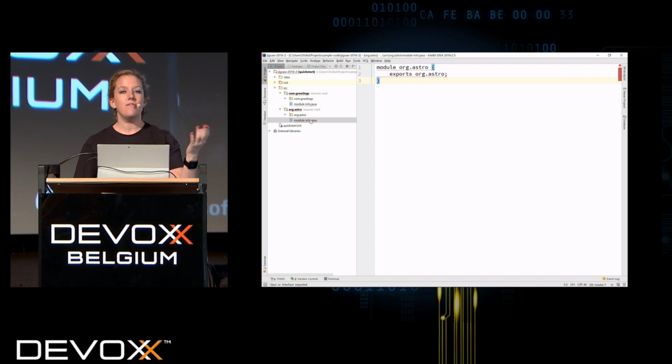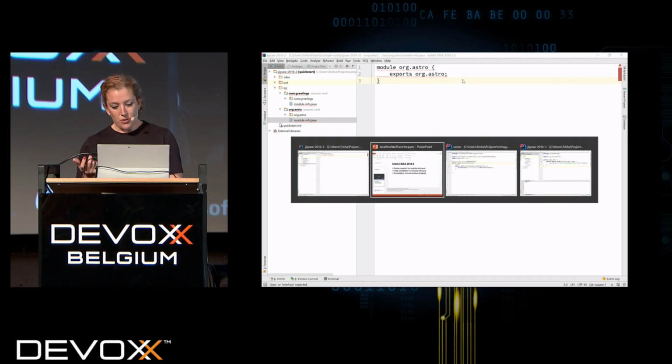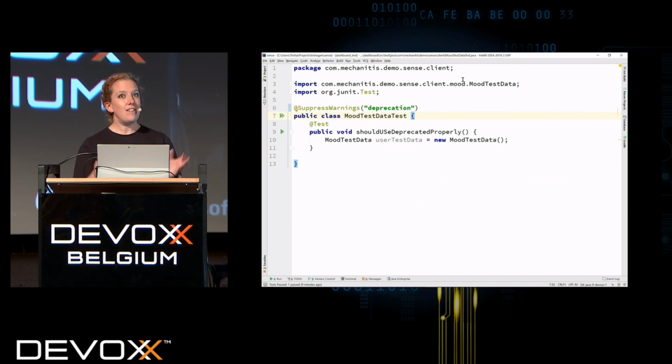But if you open even the simple demo, which is available on the Jigsaw website, which I've got a link to, IntelliJ IDEA will say, I don't really understand why this file is called module-info.java. That seems kind of weird. And it will say class or interface expected, because it's expecting it to be a Java class. And that's not really an irrational thing to expect. But IntelliJ IDEA 2016.3, which will be out very, very soon. I'm not sure if I can promise the date, but it'll be really soon.